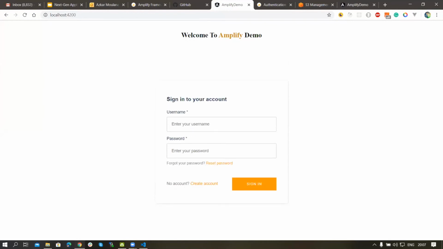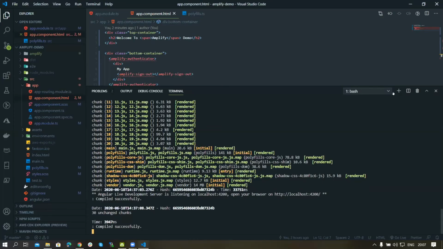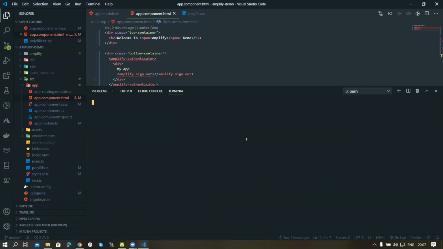So what we did so far is we initialized our application with Amplify. We added hosting, we added authentication. We also installed the client libraries and added a UI component. So everything is fine. Before going further, I just want to commit all these things and push the code to GitHub. Then we can start integrating it with the Amplify console. First, let me add all those things